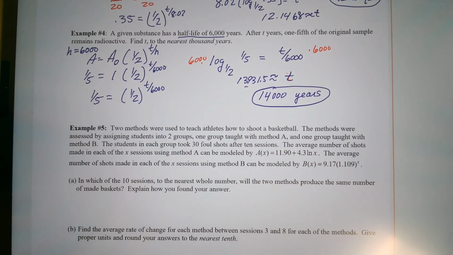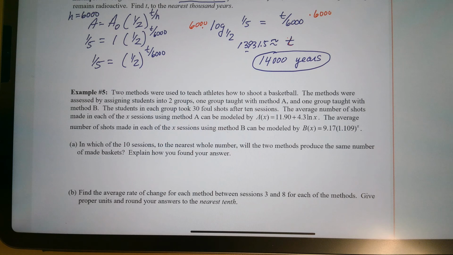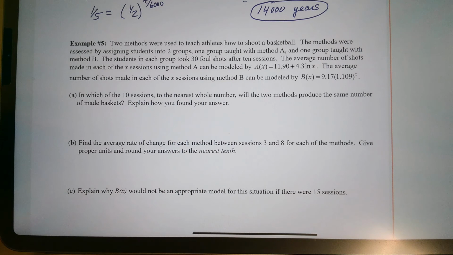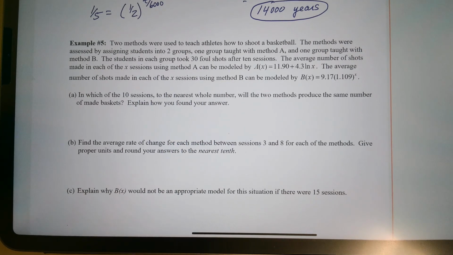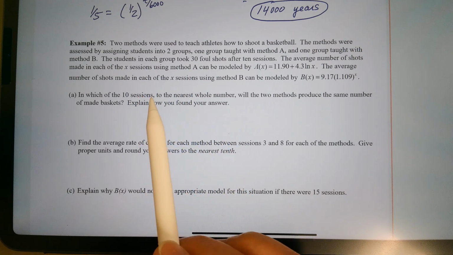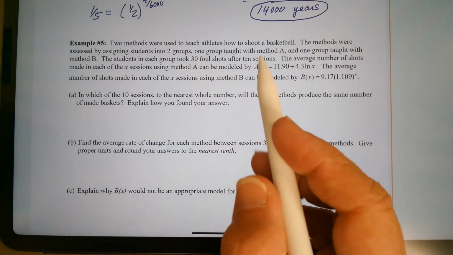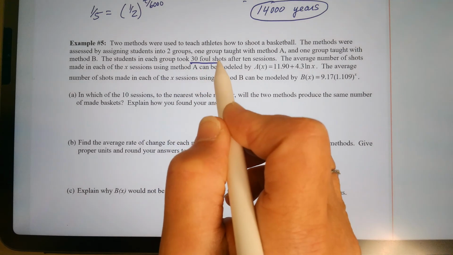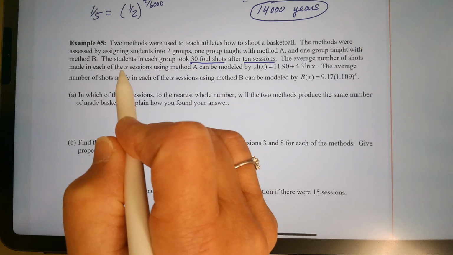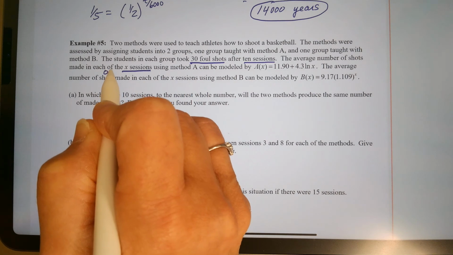And the last example we're going to look at, we will actually solve graphically. Two methods were used to teach athletes how to shoot a basketball. The methods were assessed by assigning students into 2 groups. One group was taught with method A and one group with method B. The students in each group took 30 foul shots after 10 sessions. The average number of shots made in each of the x sessions, so x sessions, from 0 to 10,